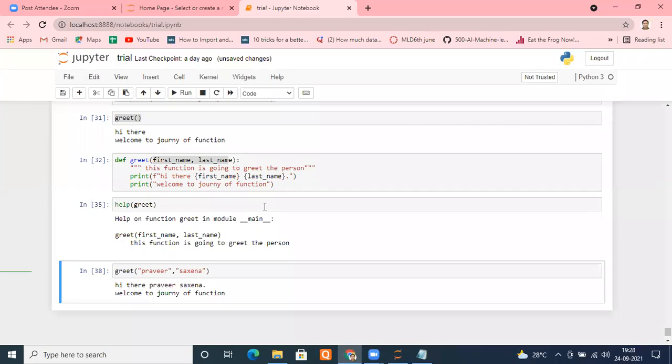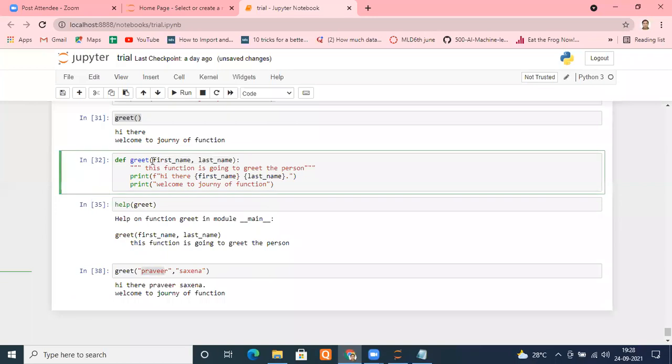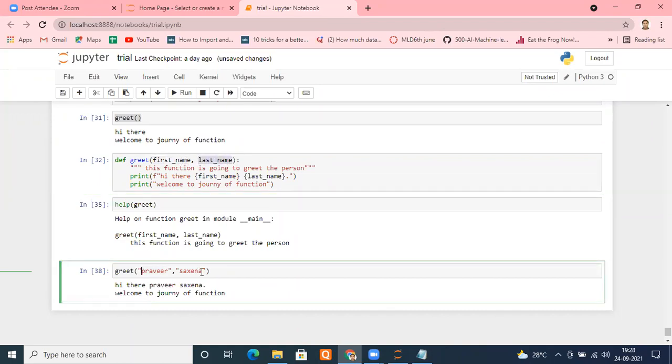And tell me any doubt, even a single doubt. When I am putting these values here, these are known as arguments. And this is an interview question: when you are creating a function, the names you put here are known as parameters. And when you put the values for the parameters in your function, these are known as arguments. So the interview question is: difference between parameters and arguments in a function. Remember, the actual values of parameters are nothing but your arguments.